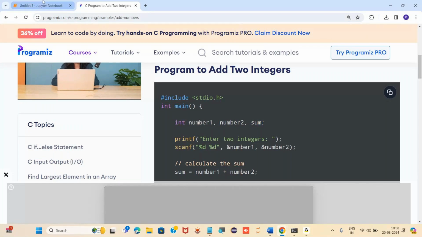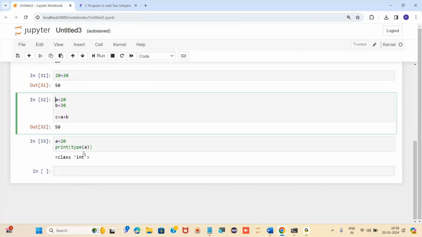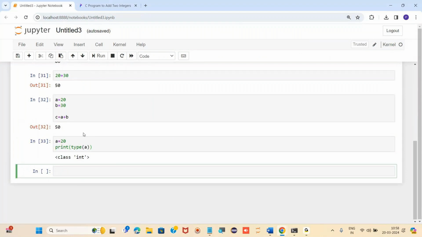But in Python, PVM is so strong to know everything we are writing. If we write number is equals to 20.5, it knows what kind of data number is going to store. It is a float kind of data, decimal.